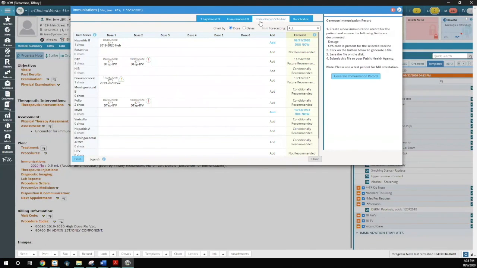You have to make sure you update your content distribution, and the CVX codes have to be associated appropriately. I've seen issues in the past where the immunization didn't register because the wrong CVX was associated to the immunization that was given. So those are 3 easy ways to help with flu or